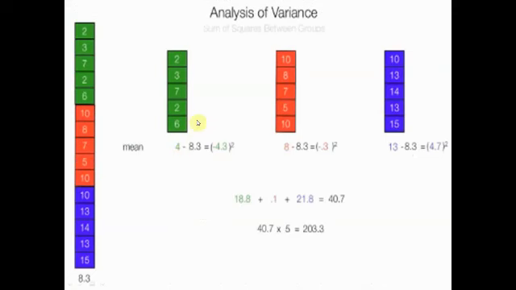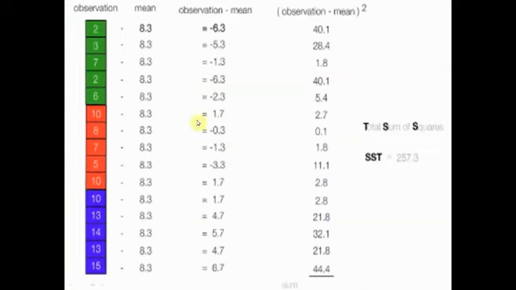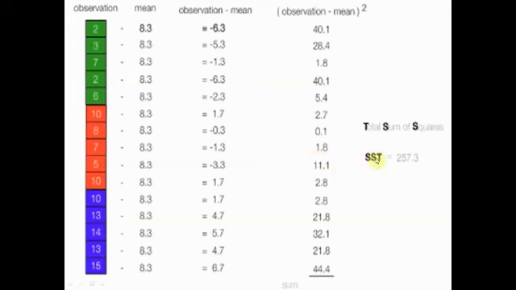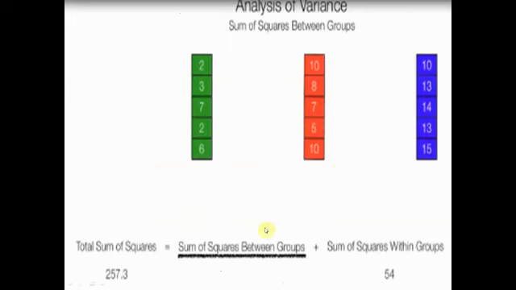Now I'm a school administrator, so I want to make sure that everybody's learning the same stuff. So my null hypothesis, my kind of like my accepted hypothesis, is that mean number 1 is equal to mean number 2 is equal to mean number 3. If I had more schools, there would be more populations, and I would say that they were all equal, because that's what I really want. So I want to say that my null hypothesis is saying that these populations are all the same. That's what the null hypothesis is. And the alternate hypothesis is that at least one of these guys is